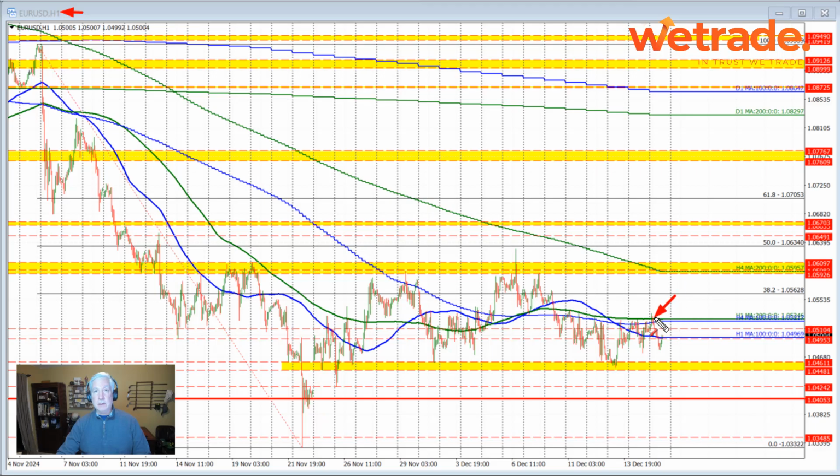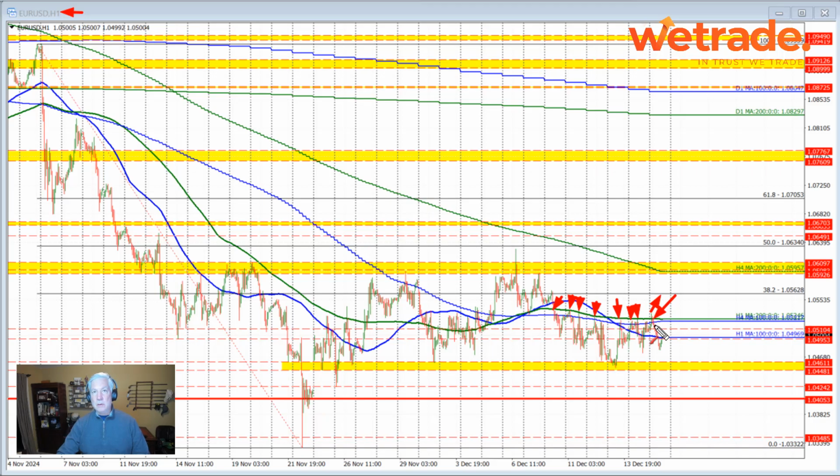More specifically, in the Asian session, the price did move above the 200-hour moving average. This moving average was a top here, formed a peak here against its moving average on all these different occasions through here. And in trading in the Asian session, the price moved above that level. It should have led to more upside momentum, with the price heading toward the 38.2% retracement. But as you can see, it failed, and the price moved back below that 200-hour moving average, a green line